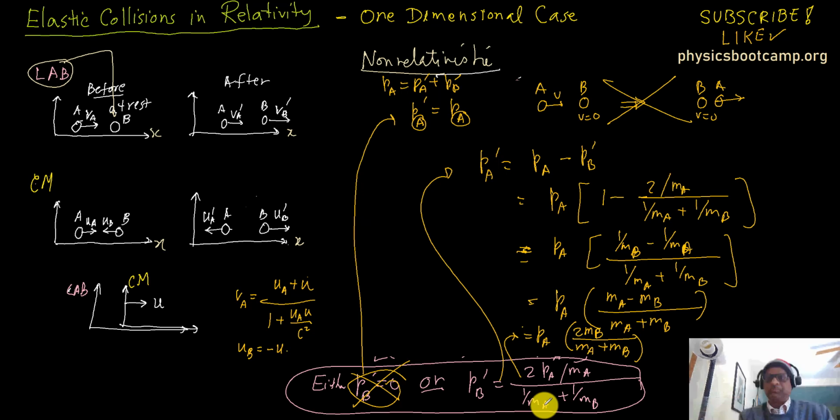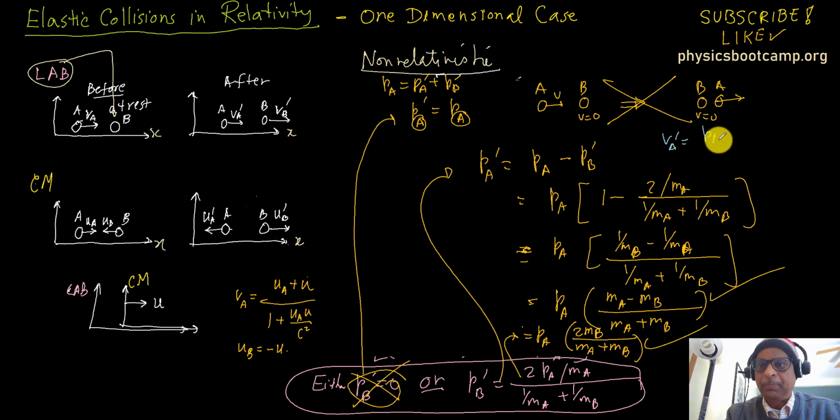So you've seen these answers. You say what's the speed, what is VA prime and VB prime. From there you can immediately get what those things would be, right? So for instance, you can say VA prime will be PA prime over MA, and so you have this over here, and so this will cancel MA, and they're just going to be VA times this mass ratio, MA minus MB over MA